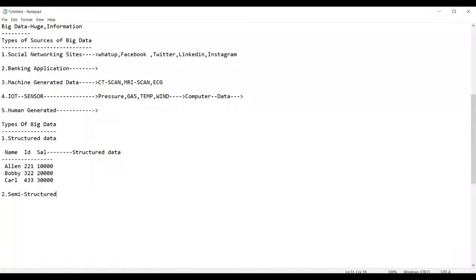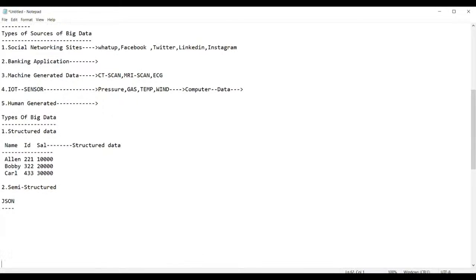So now, guys, this is called structured data. The next one, the second one, is semi-structured data. Semi-structured data means this data is purely not structured, as well as not unstructured. It is semi-structured. You will have some semi-structured data, such as data in JSON files. For example, I'll show you how the JSON file looks and how the data